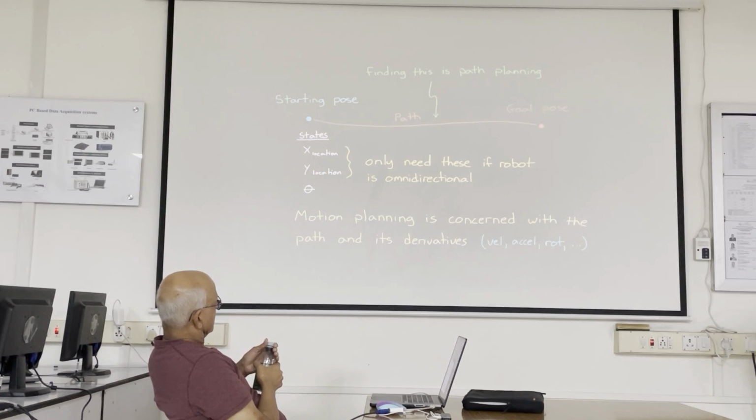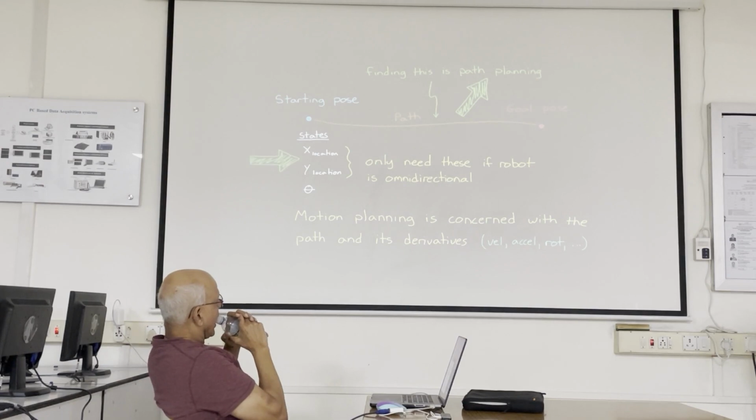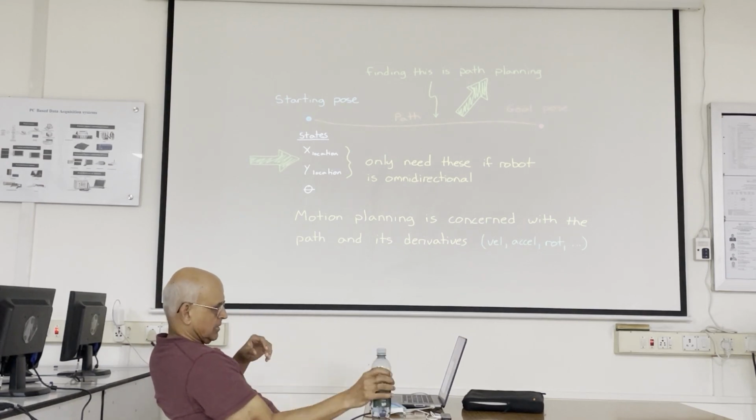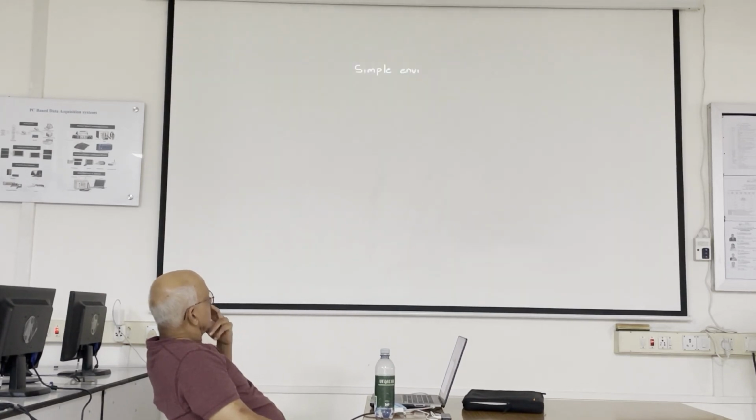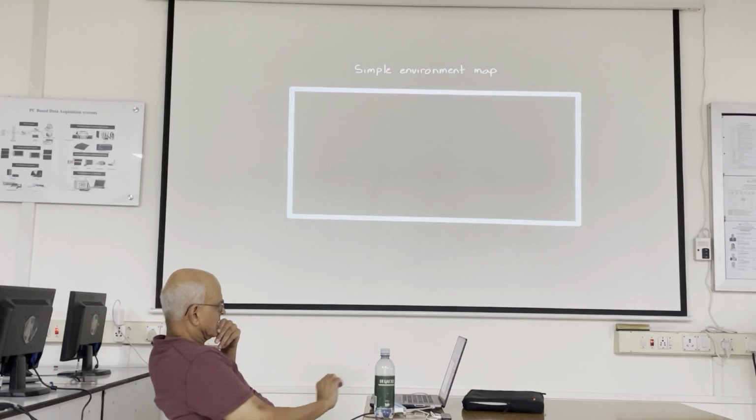Now for this video, the examples I'm going to use focus on path planning, and for a robot that is omnidirectional, so just two pose states. This will simplify the explanation, and hopefully you'll be able to see that these techniques can be extrapolated to higher dimensional systems. All right, let's get started with a simple map that's similar to the one that we generated in